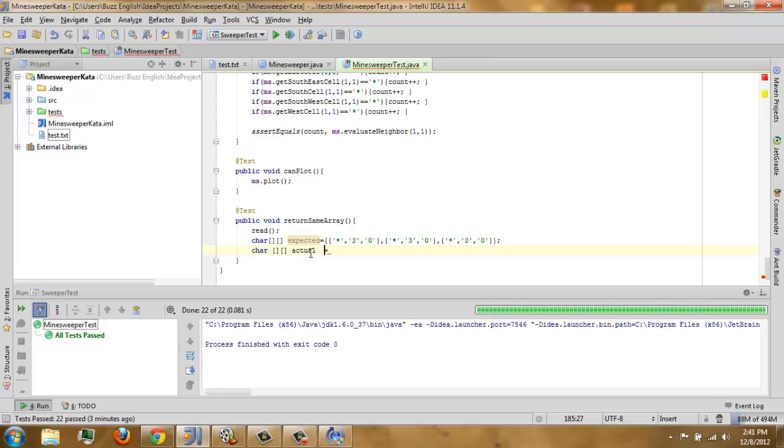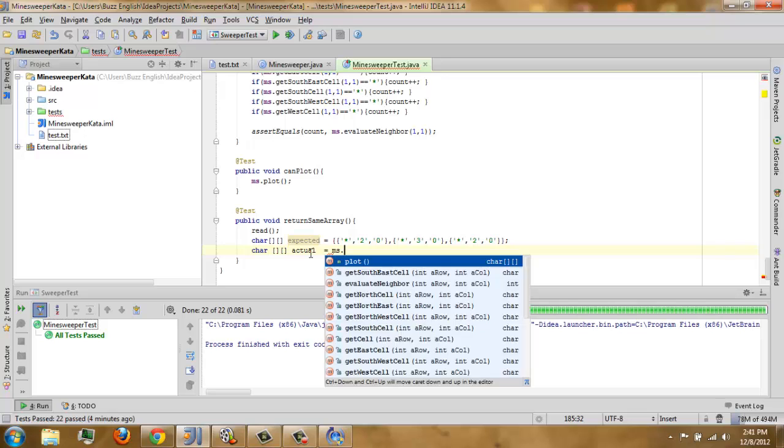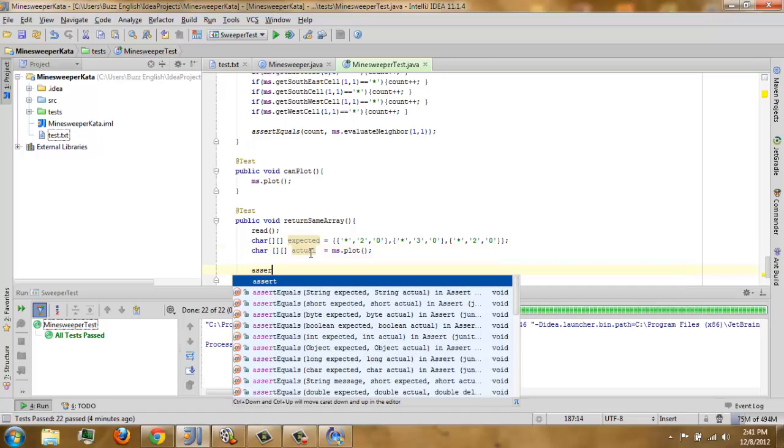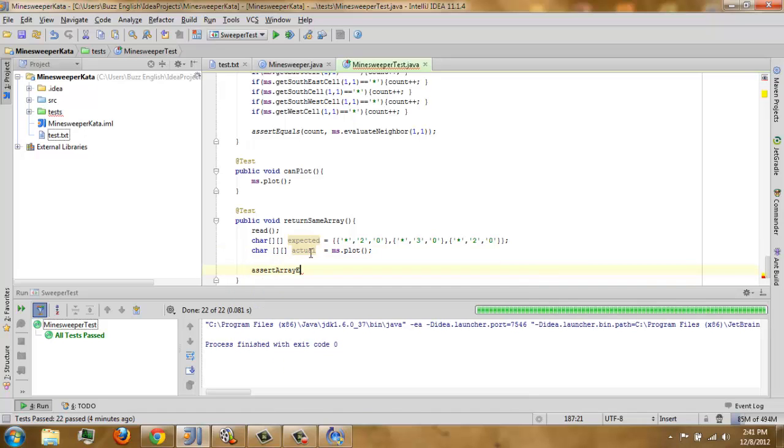That would be our ms dot plot. So we're gonna assert array equals expected, actual. So we are expecting that to return the same. Static import. Okay, run.